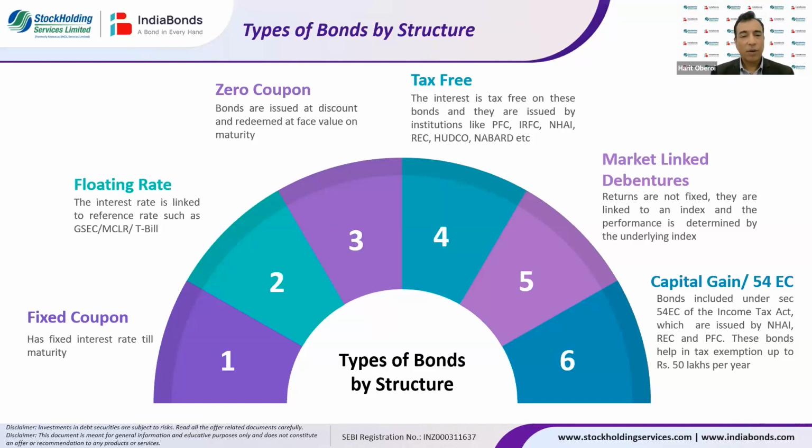Bonds can also come in a format where zero coupon bonds होते हैं. Zero coupon means they will not have a regular interest payment because the coupon is zero, but they are issued at a discount to their face value. For example, if the bond face value is 100 rupees, they are issued at 90 rupees. So 90 rupees per bond issue, as an investor, I can subscribe at 90 rupees, but on maturity, say 3 years down the line, I will get 100 rupees of the face value. Now this difference of 10 rupees becomes my interest component